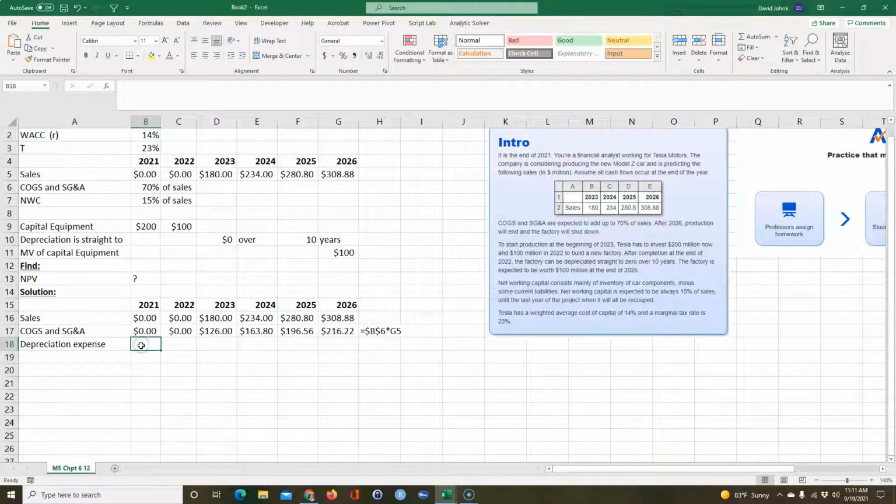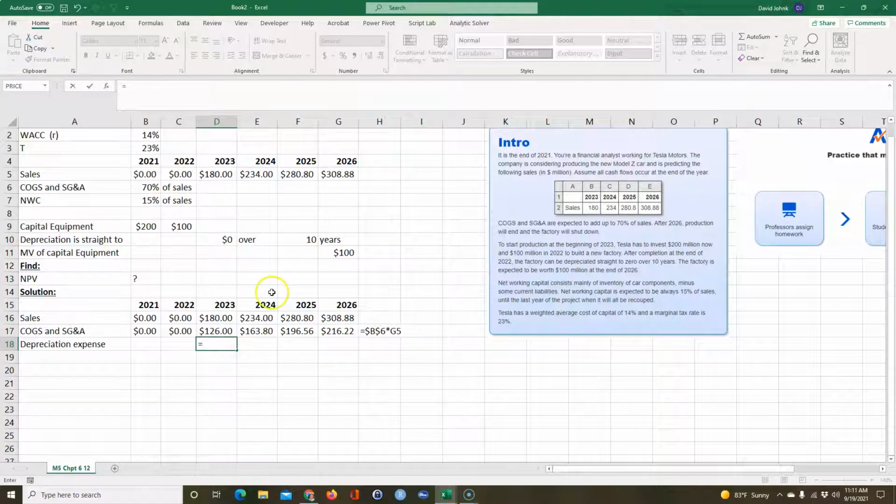And so we're really not going to start depreciating until the factory is operating. So we'll just call the depreciation equal to, well, it says here it's depreciated straight line over 10 years to $0. So we've invested $300 in capital equipment, so we could say it's equal to